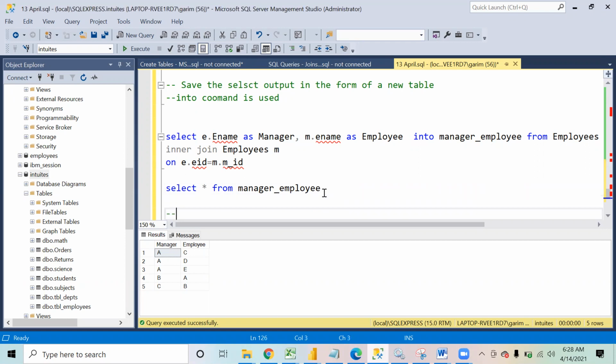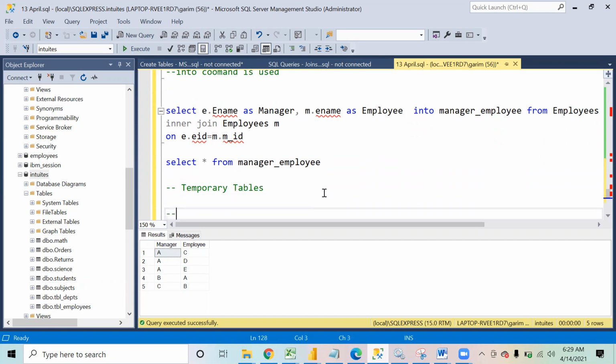Now, in SQL, we also have a concept of temporary tables. These are tables that exist for a period of time.